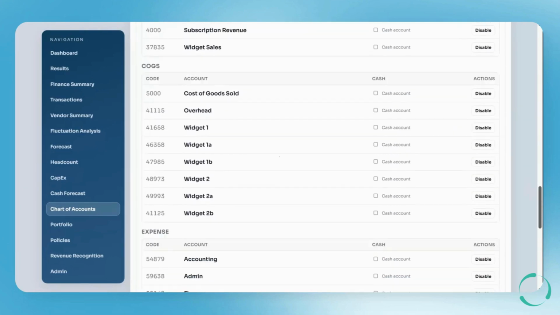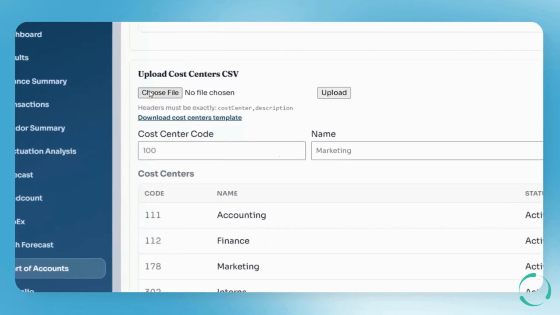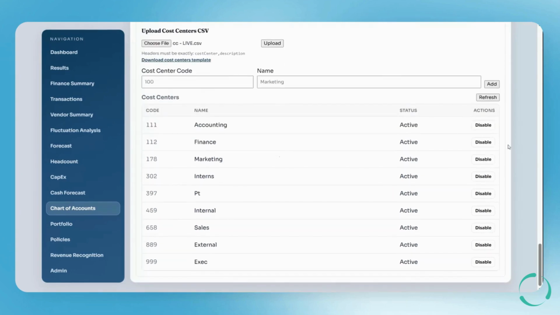Let's move on now to the optional cost center. The procedure here mirrors that of the chart of accounts. Download the template, fill it out according to the provided headers, save the completed template, return to this tab, and upload it. To ensure everything is in order, take a moment to review and verify that all your information has